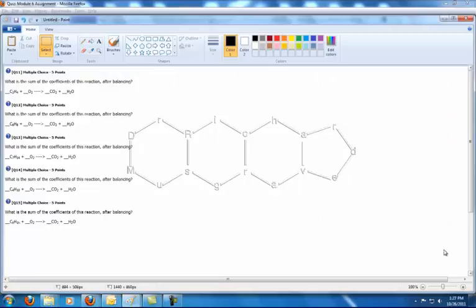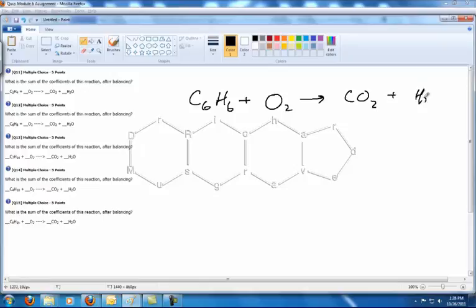Alright, let's take a look at the last one now. We've got C6H6 plus O2 gives CO2 plus H2O. Again, I want you to see that by taking the number of hydrogens here, 6, dividing by 2, I get 3. That's an odd number. So I know I'm going to run into the same issue as I had with these two here, 13 and 14. So what I'm going to do here is take 6 C's, and put a 6